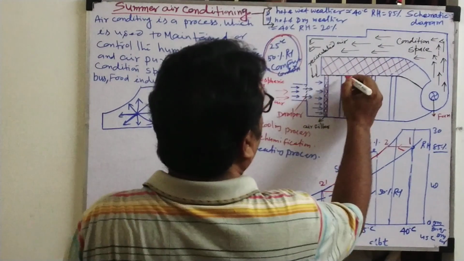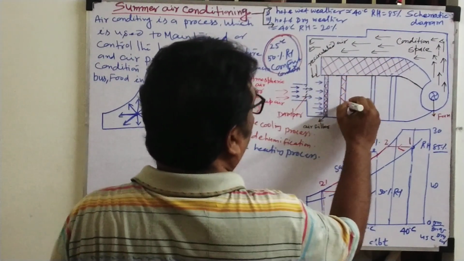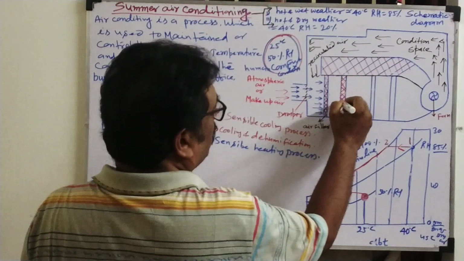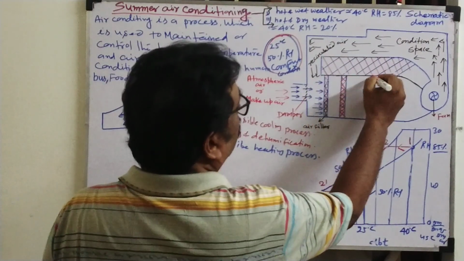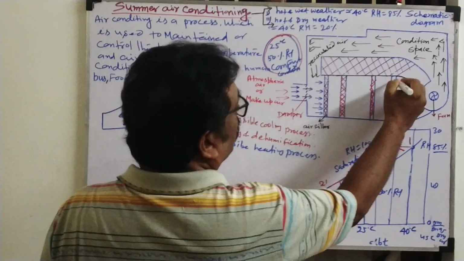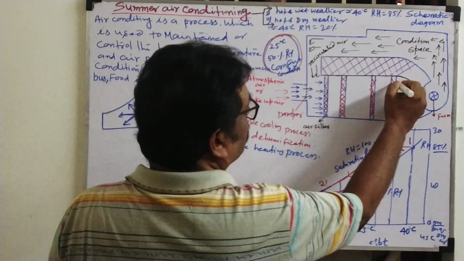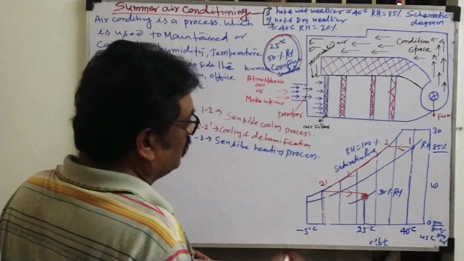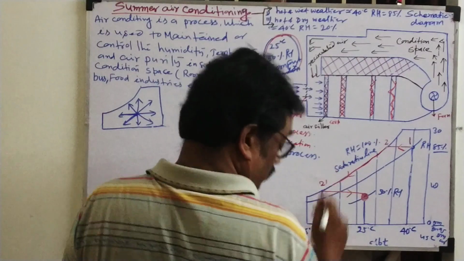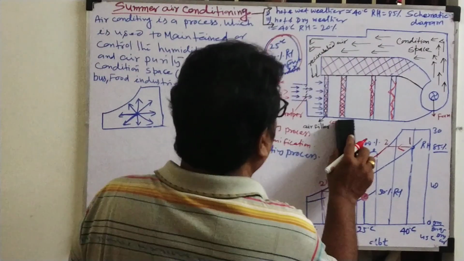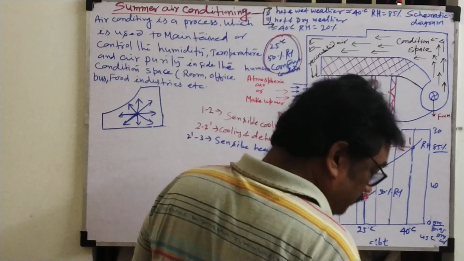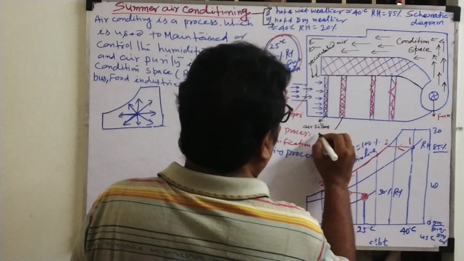You see here, this is the cooling coil. That is the only difference in each and every diagram. What we drew before will be the same for all air conditioning, either wet weather, hot weather, or winter air conditioning. Now what is the change here? You see three coils. This coil is known as the cooling coil.